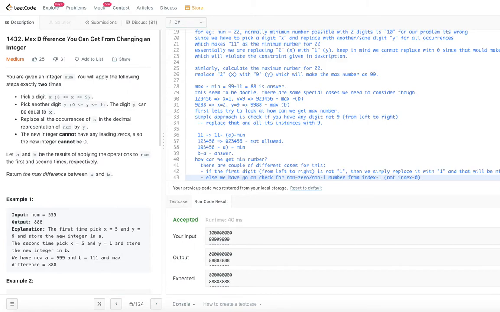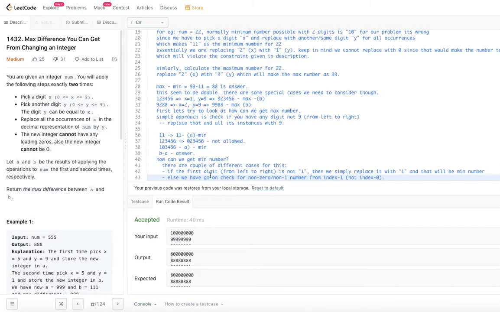So how can we get the minimum number? If the first digit is not 1, then you replace it with 1 because 1 is the lowest number possible. Obviously, you cannot replace it with 0 because it introduces leading zeros.